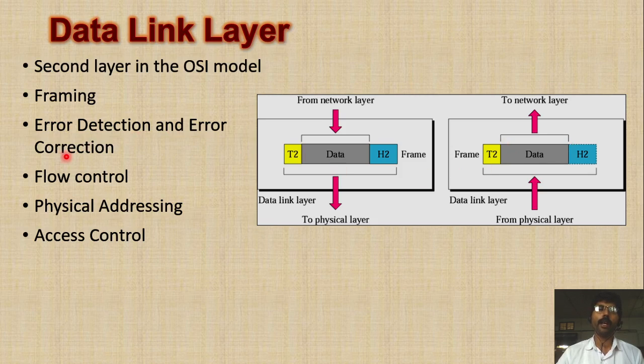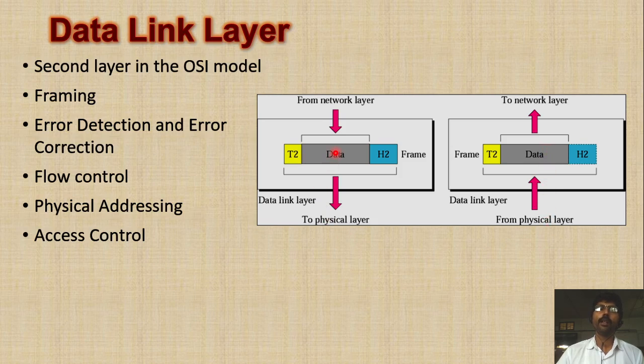That is called error correction. If it is not possible, it will send a negative acknowledgement to the sender. If the data frame is correct, with no problem in the frame, then it will send a positive acknowledgement